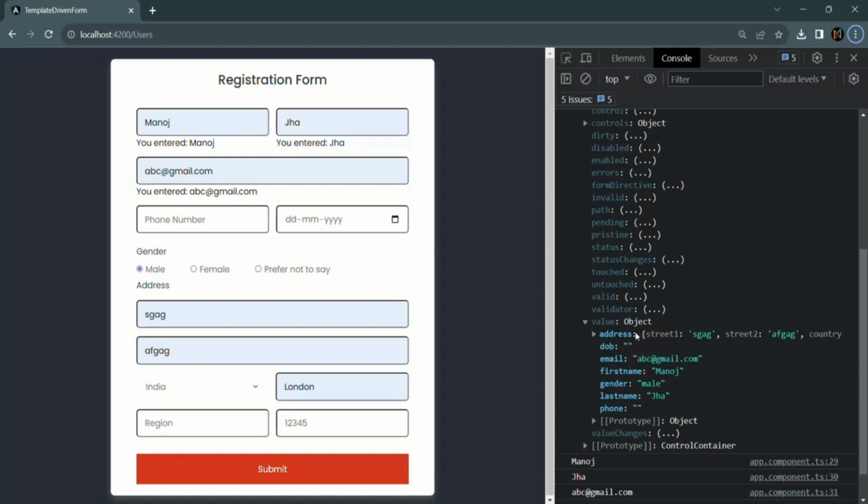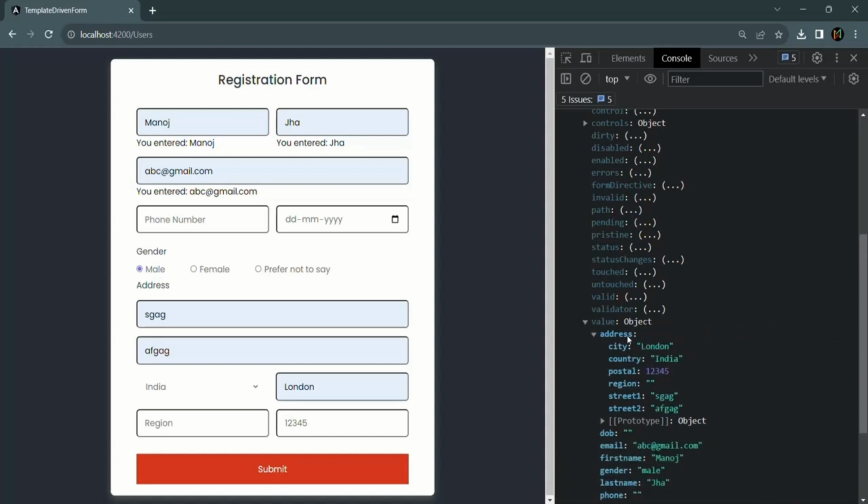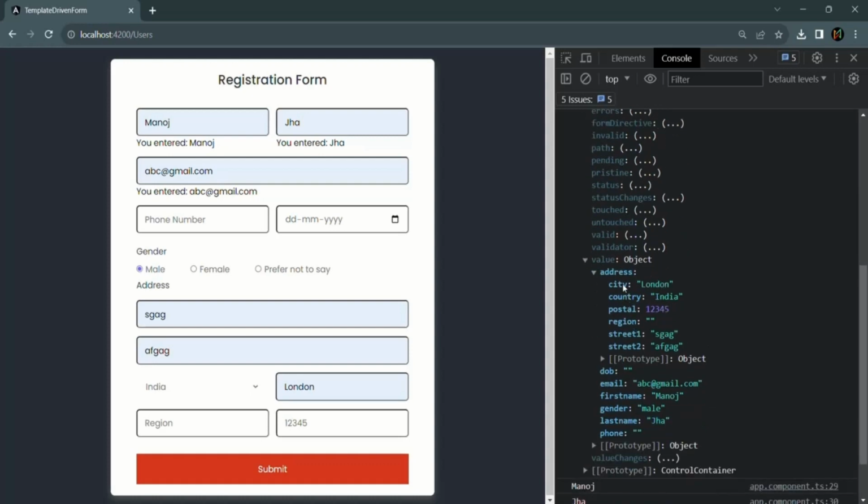So this address is the form group. So a new property called address has been added. And if I expand that address, this address is also an object. And in that object, we have a property for all those form controls. So now, for example, if you want to access this city property, then what you will have to do is,